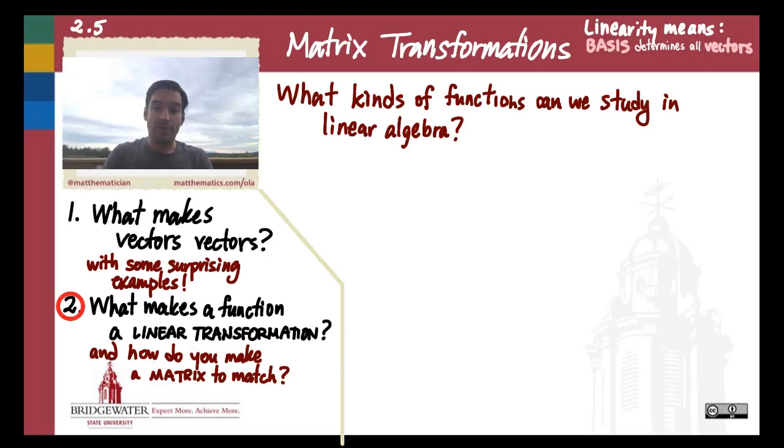Many mathematical subjects all have in common that they're kind of about two things. They're about objects. So what is the stuff that we study in that discipline? And they're about functions. Sort of what are the ways in which we can turn one of those objects into another? When we think about linear algebra, the objects, the stuff that makes up linear algebra that we study, are